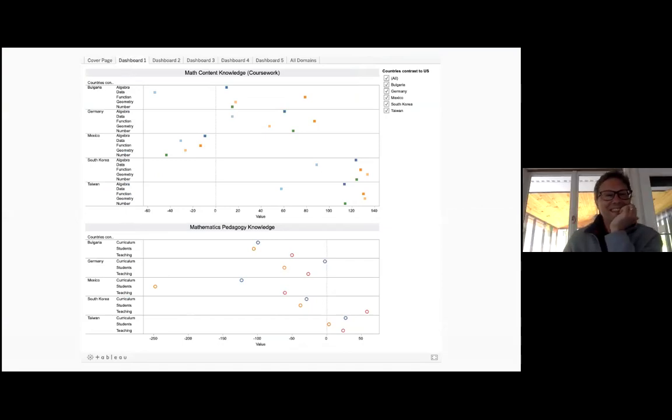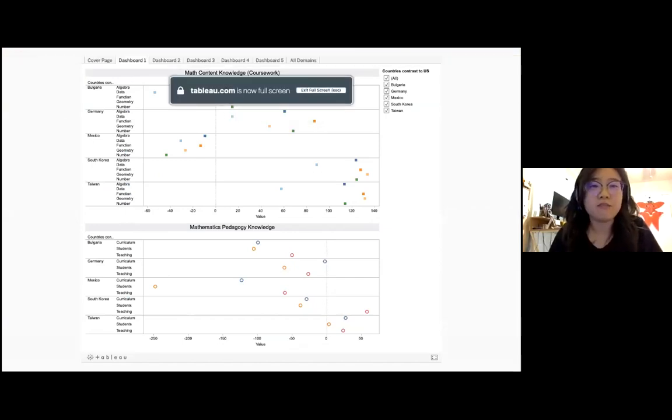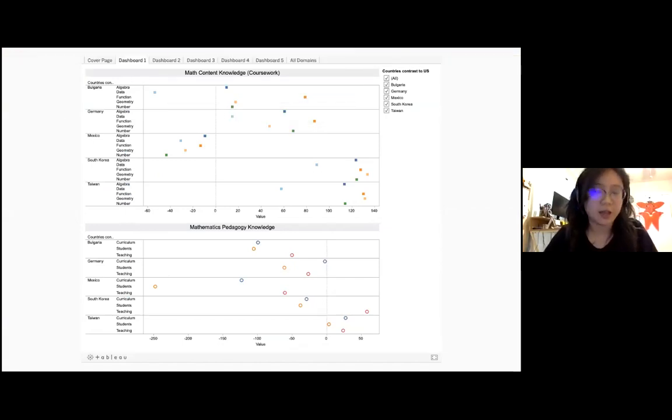Thank you. So this is the first dashboard that I have mentioned. What we want to look at here is, with the participants in the room, we give them guided questions and we let them interact with this information. So the first thing that we want to look at on this first dashboard is the country comparison. We organize the measures within the country. You can see on the left-hand side, we have organized each of the individual measures per country. And then if I want to select to compare a specific country, I can use the navigation on the right here to check or uncheck each of the countries.